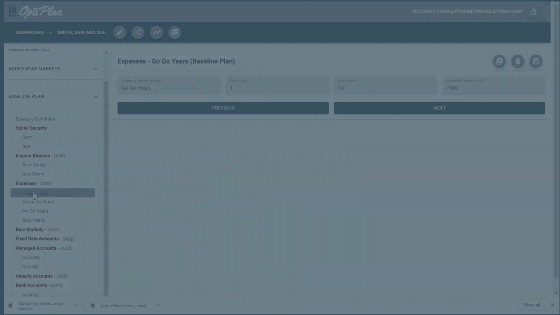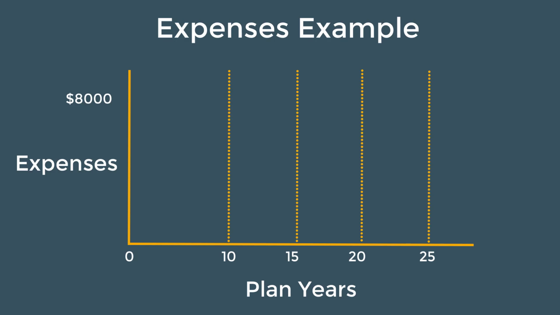Expenses are divided into ranges to reflect changes in your client's lifestyle as the plan progresses. In many cases, expenses might be higher in the early years of retirement when your clients are more active, and then decrease over time. You might also want to predict higher expenses in later years to cover medical or long-term